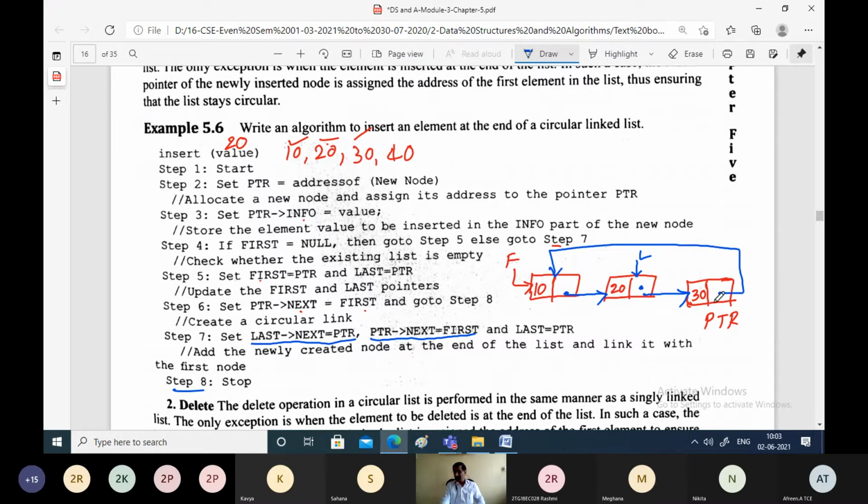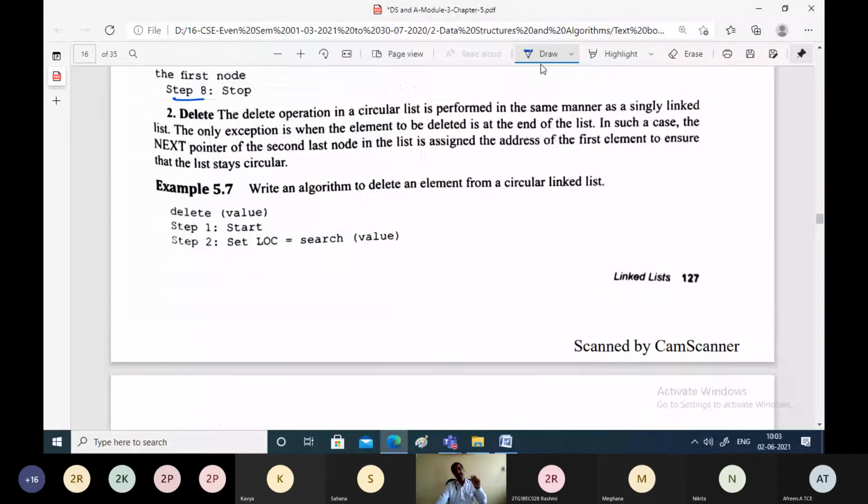Next, once you attach this new node to the linked list, this will not be the last node. This will become the new last node. So what is the logic? Make last point to PTR. Take this last and make it point to PTR. When last is pointing here, it will not point to the old node. So we have successfully inserted one more node into the linked list. Similarly, you can go on inserting the remaining nodes also. That was a very simple procedure for inserting a node onto the circular linked list.